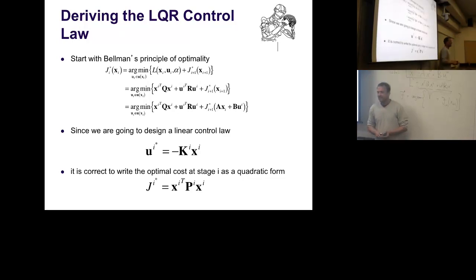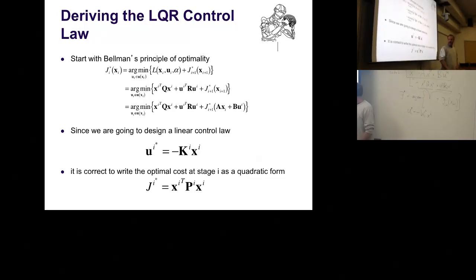Now, given that we have a linear system, a linear controller will in the end actually do the trick. And the linear controller in this particular case, as shown here, is going to be that the optimal motor command u star, at every moment i, is going to be minus K, some gain matrix which changes over time, times x i. Okay? You can actually show that this is going to be the optimal solution. But for linear systems, you can also just assume that a linear controller will do the job, since a nonlinear controller will not make much sense in this case.